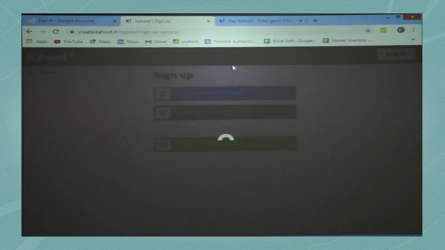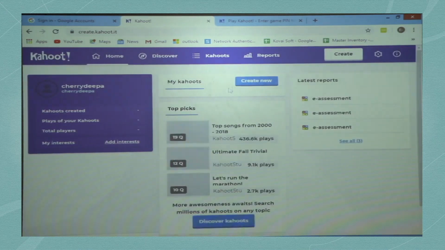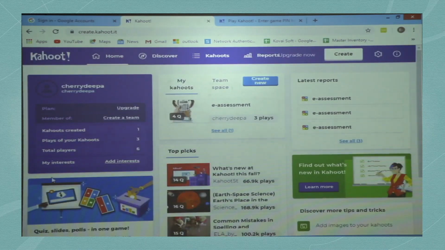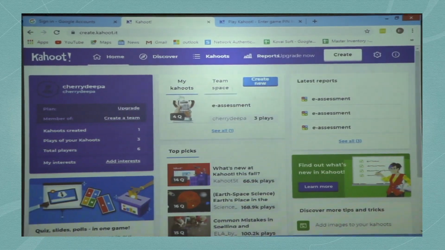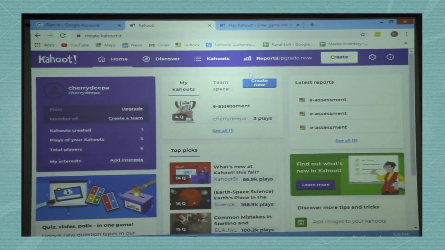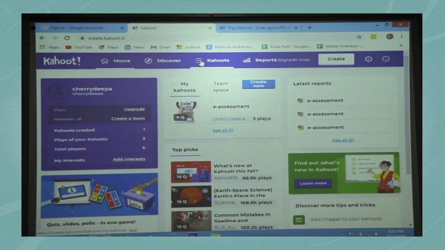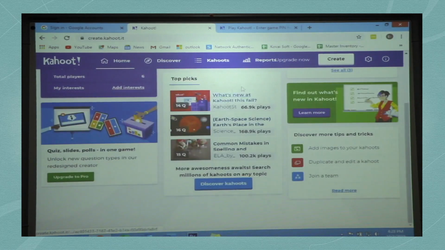See, now you have entered the Kahoot site. This is the site. You can create your own quizzes by clicking create new. There are a lot of inbuilt quizzes.